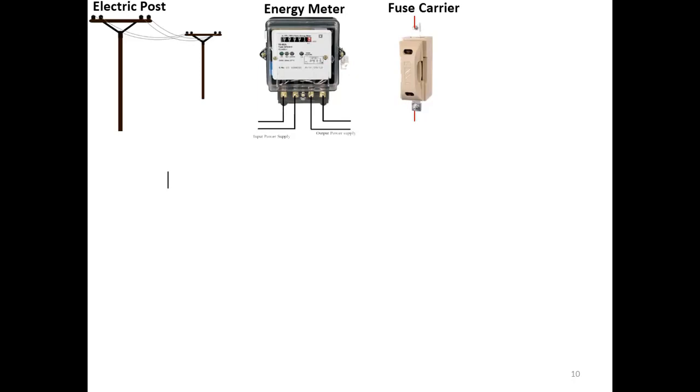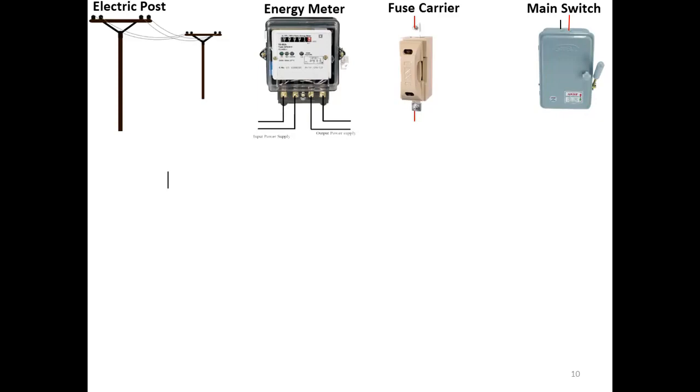Then what is one more setup in your meter box board? We have a main switch, right? If you are going to do some maintenance work, or some modifications in your electric wiring, the electrician will switch off this main switch. So it is only for doing switching operations. So main switch, right? Let me explain how the connections are made.